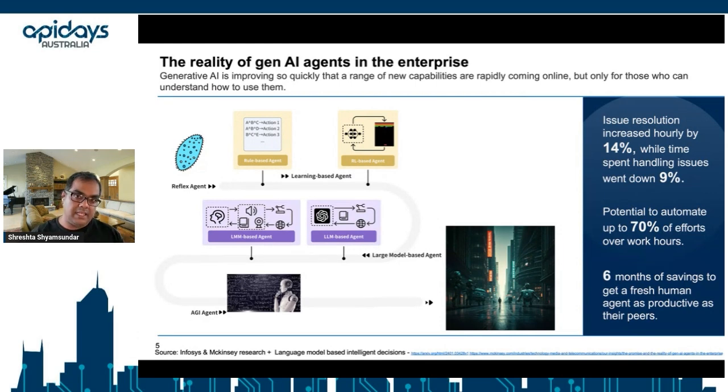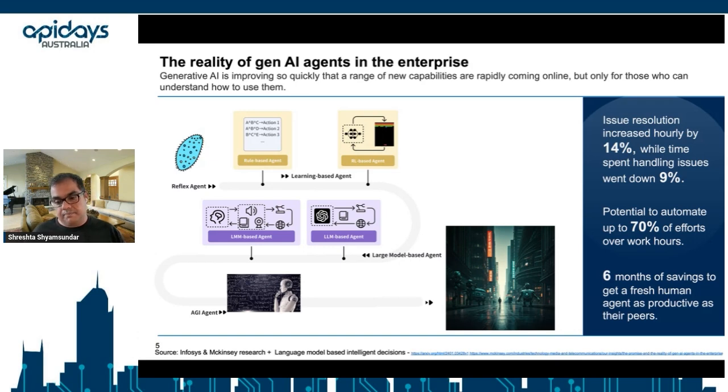From there, the evolution takes the agent down to a rule-based manner. So, for example, if there is a standard operating procedure or a specific flow that is pre-coded into an agent, then it works according to that flow. A good example of this would be a robotic process automation agent, an RPA bot. That's a good example of how it necessarily works within its guide and performs that activity.